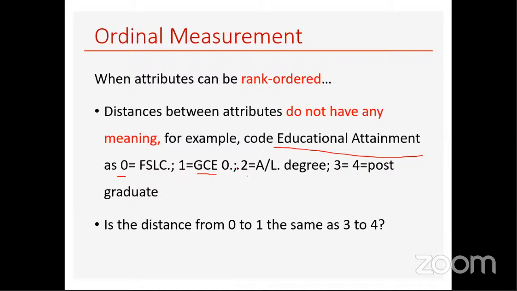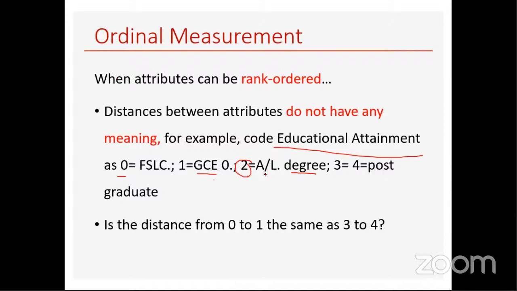What you notice is that we are in no way saying that GCE A Level is twice as significant as GCE O Level or 2 times higher than that. And we cannot actually specify a fixed distance between these. For instance, somebody who has a degree is not twice as intelligent as somebody with A Level. So there is an order, but there's no fixed distance. A good example would be a Likert scale item. When we go from strongly disagree to strongly agree, we have that order, but that order does not have